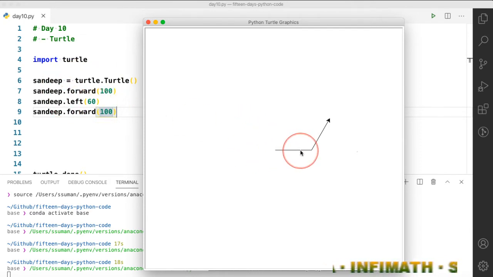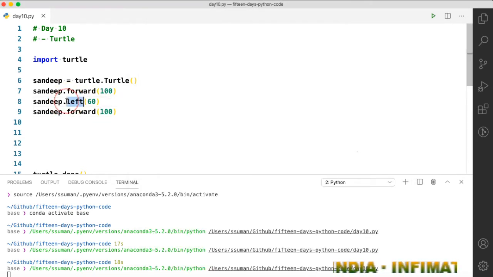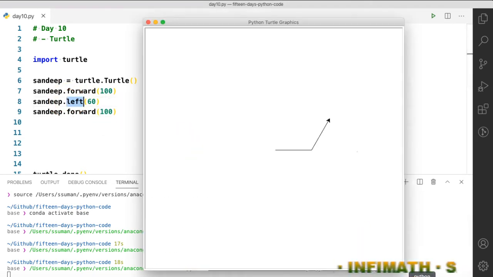What the second line does is, left rotates the turtle direction 60 degree towards the left, and when it moved and then again we go forward 100 pixel, it traces this line. So this is the first line, this is the second line of the turtle, and this is the third line.